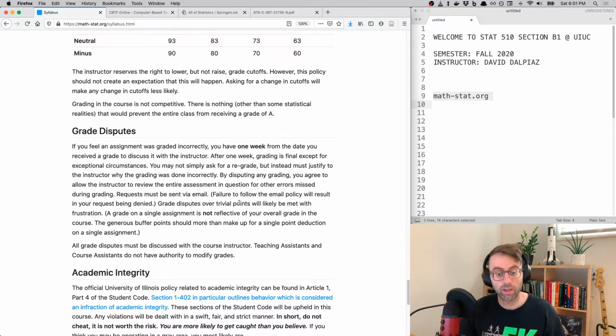The other thing is that if you choose to dispute anything on a particular assignment, I automatically obtain the right to dispute all other grading on that assignment to make sure we didn't miss anything. So basically,